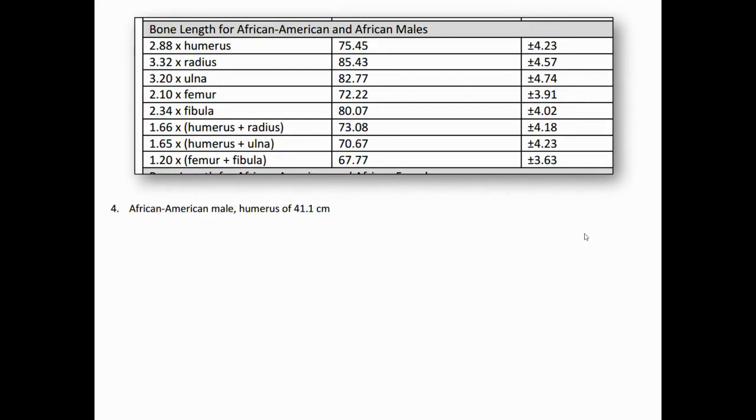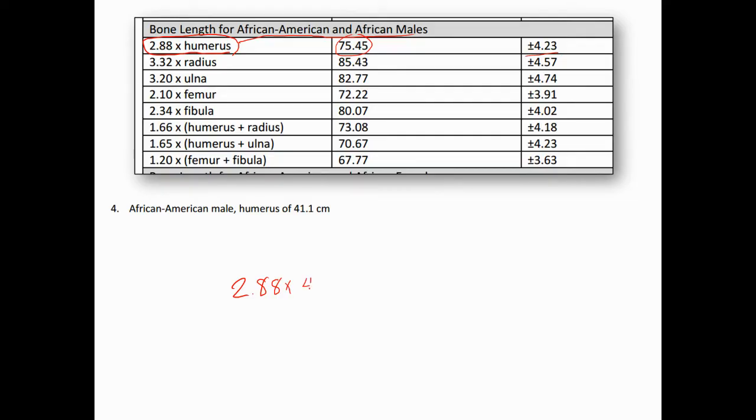Okay, I'm going to jump down and do one more. Question number 4, African American male, humerus of 41.1. So we go to the part of the chart that's for African American and African males. Humerus of 41.1. So we go to the very first part of the top formula on the chart using this, and here is our accuracy. So to run this through, we would say it's 2.88